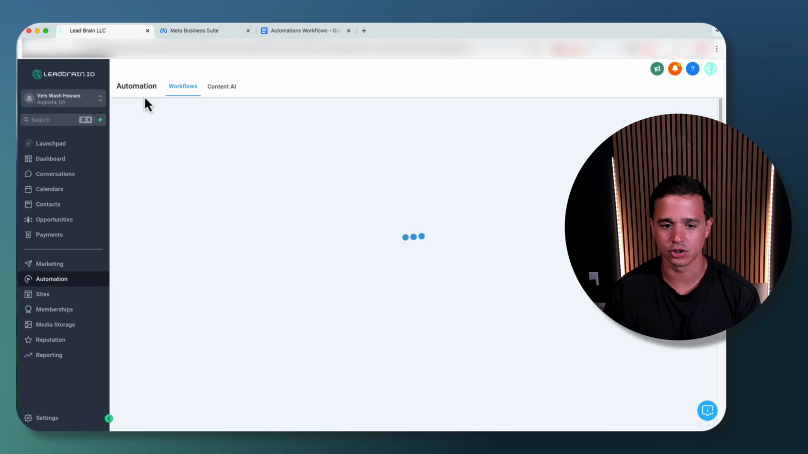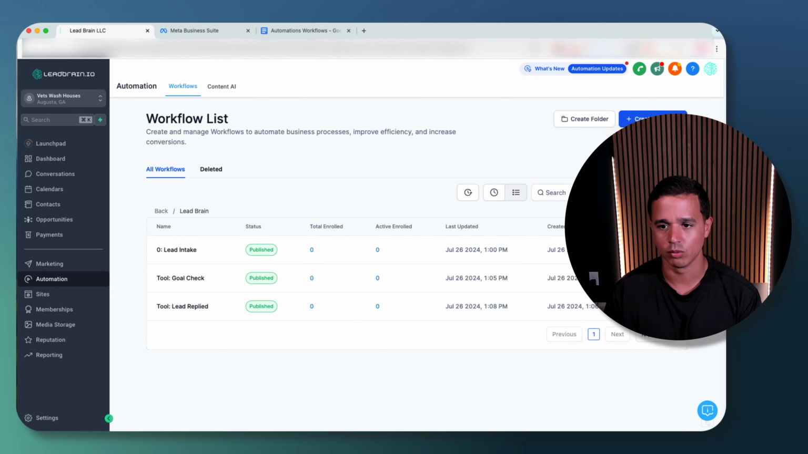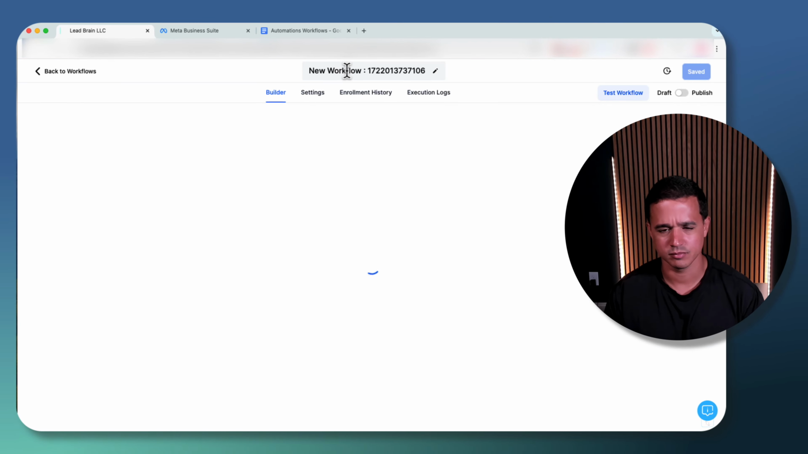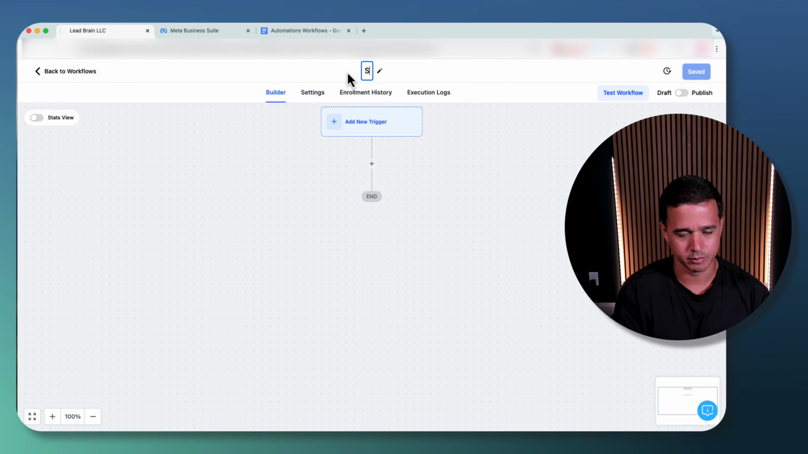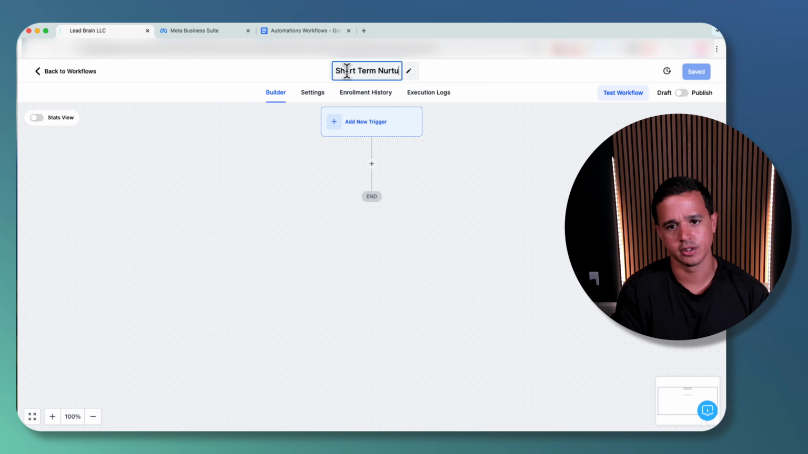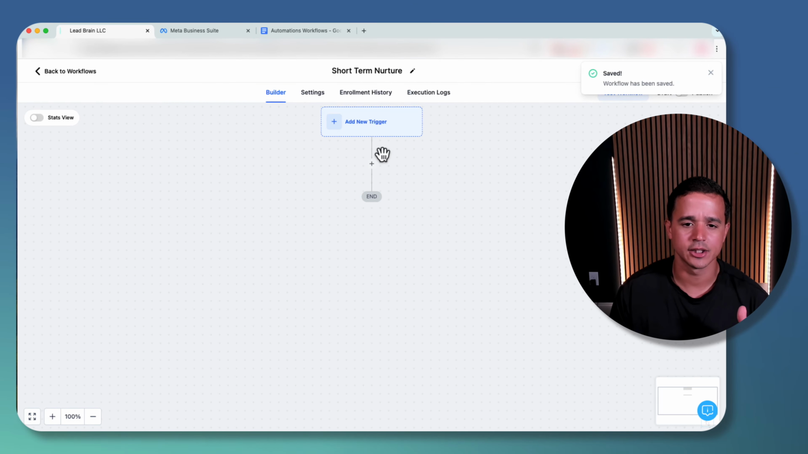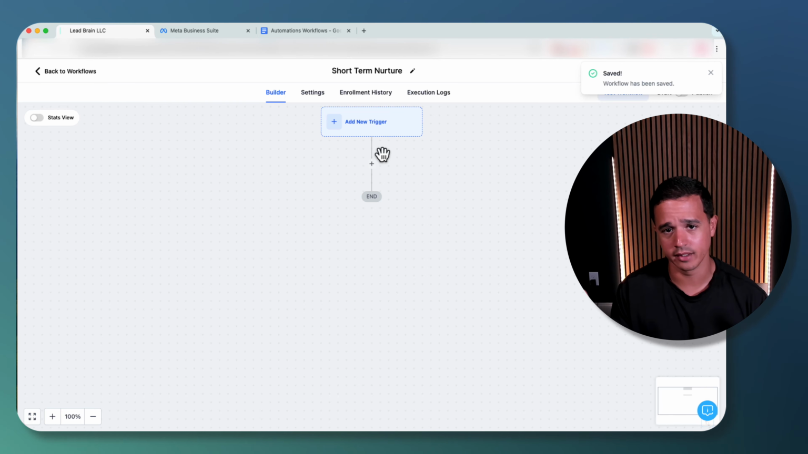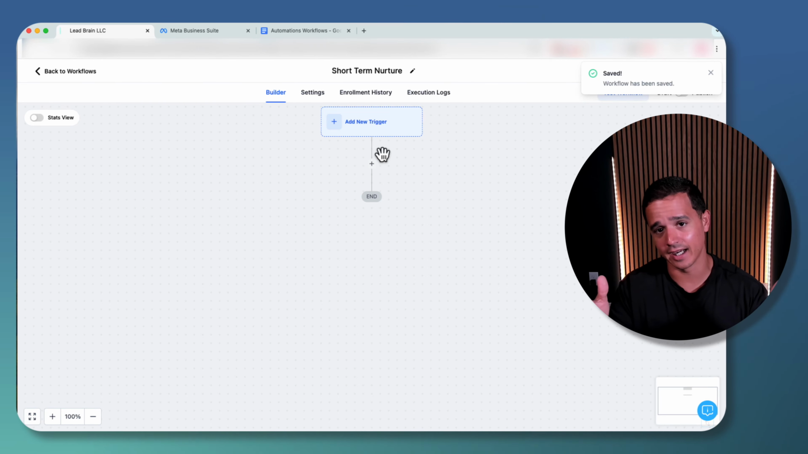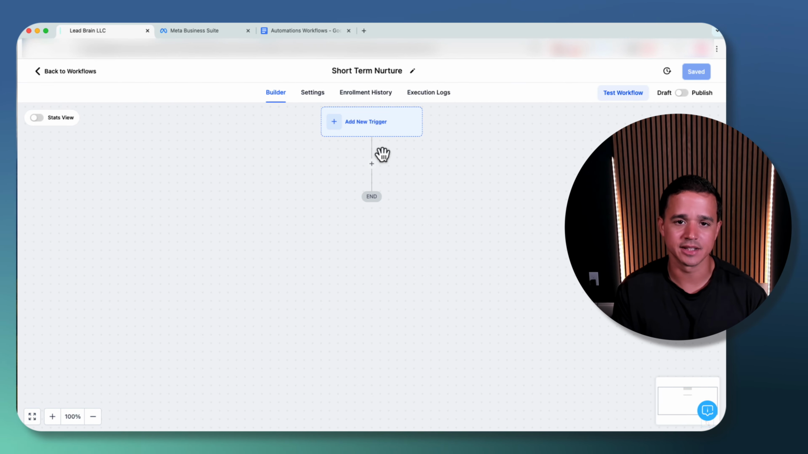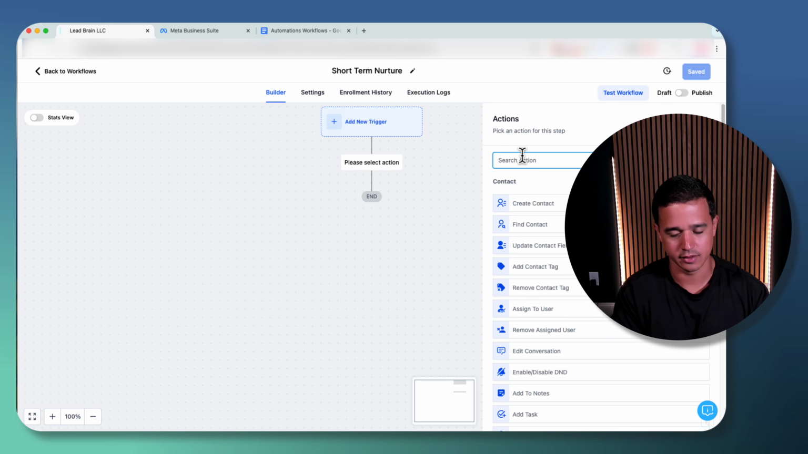So let's go ahead and create the short-term nurture, create new workflow. And we're going to name this short-term nurture. And there's going to be no trigger in here. And the reason we're not going to add a trigger is because the bot override workflow is actually going to add contacts in here. If 30 minutes has elapsed and they don't have a tag, they're going to be put in here. But we're going to come in here and we're going to say if